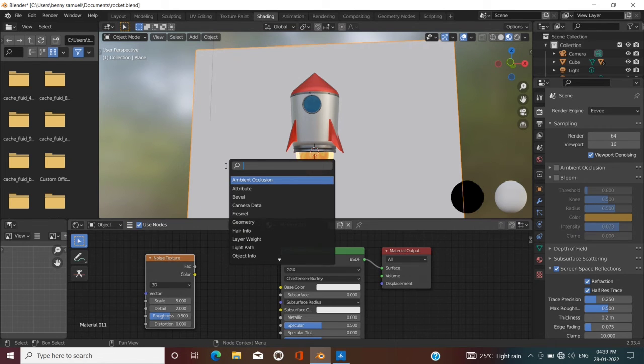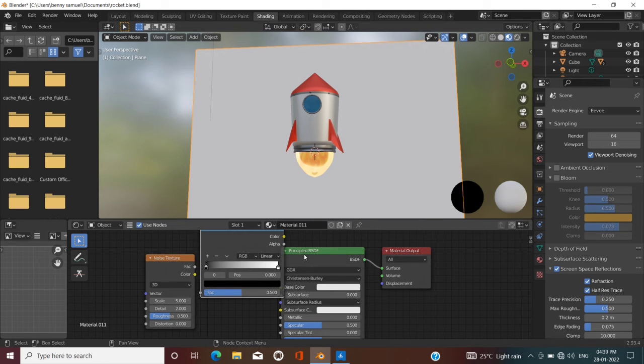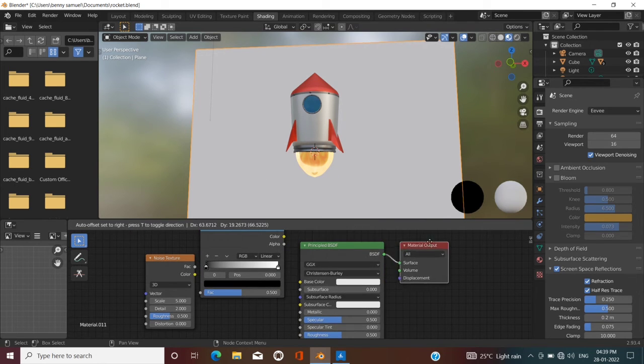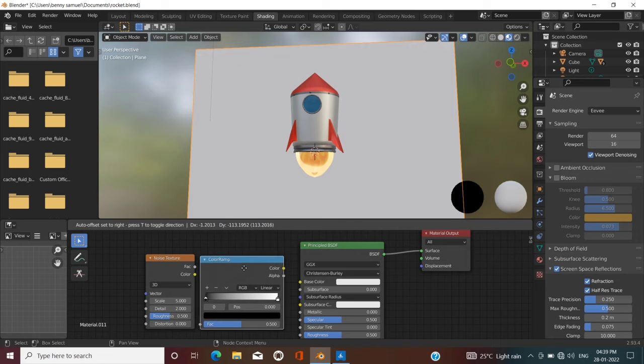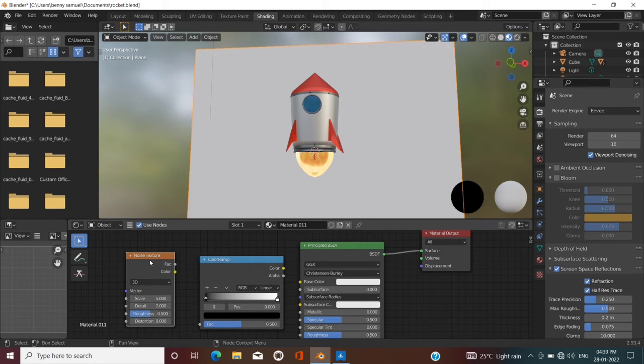I want a color ramp. Now you can connect this